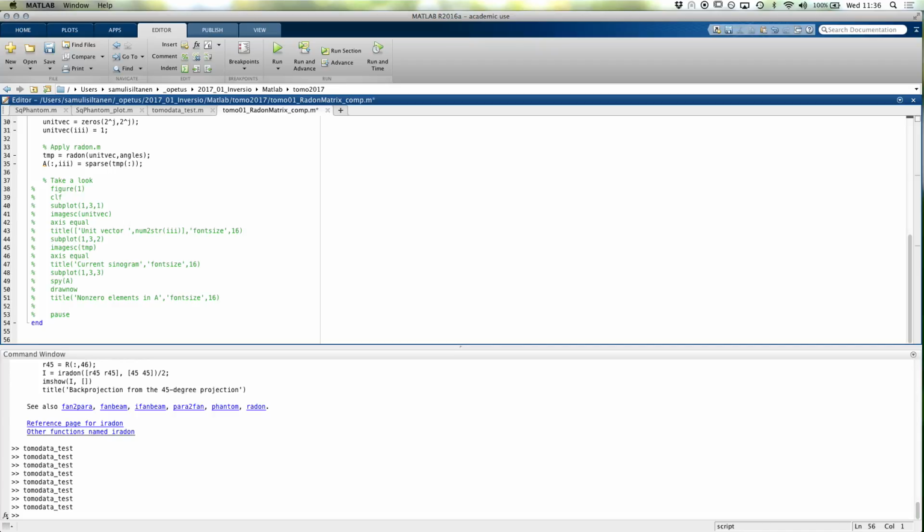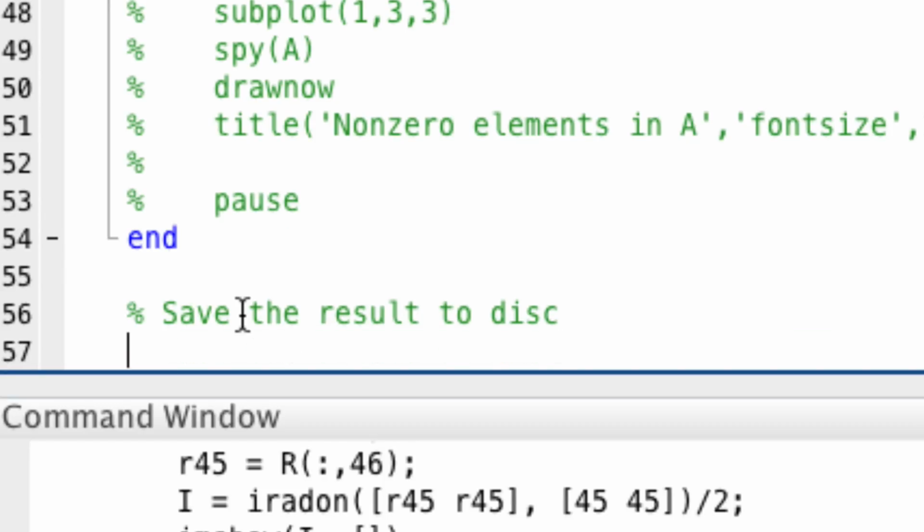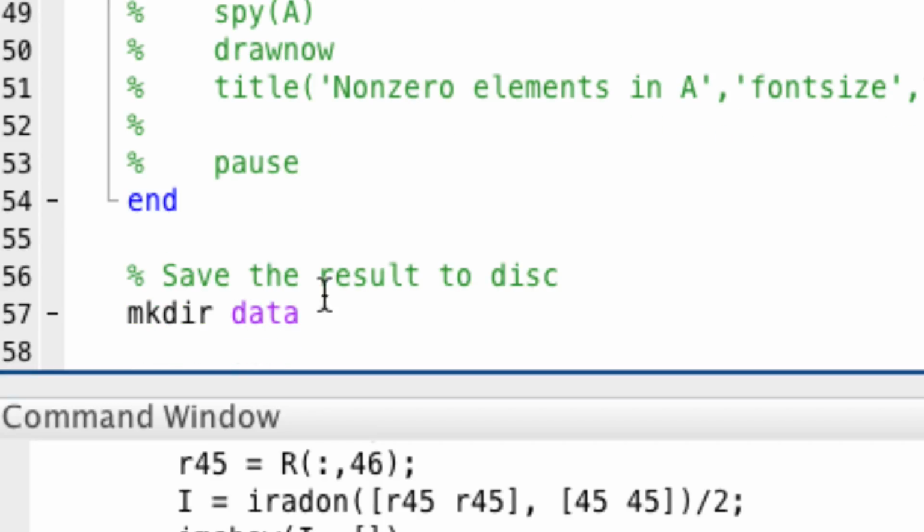And then we save it, because this part is really time consuming. So let's compute these matrices for a collection of different sizes and then save them all with the file name containing the size information. First of all, let's make this directory if it's not there, and then